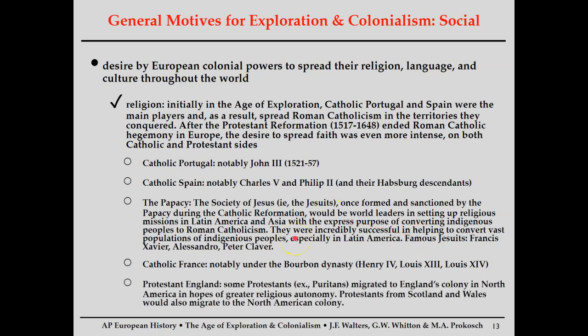So France, large, is about a 90% Catholic country. By the 1600s, 17th century, it's about 90% Catholic, about 10% Protestant, once we're that far into French history. And of course, Protestant England is going to be dominated by the Anglicans, but what happens is some groups of Protestants, or minority groups of Protestants in England, will leave England, like the Puritans, for example, will eventually migrate to North America and establish colonies. And for example, the northeast of the eventual United States was pretty much founded by Puritans, with some exceptions, of course.